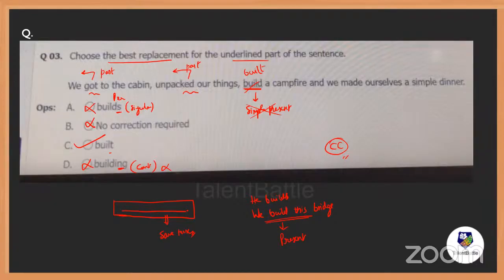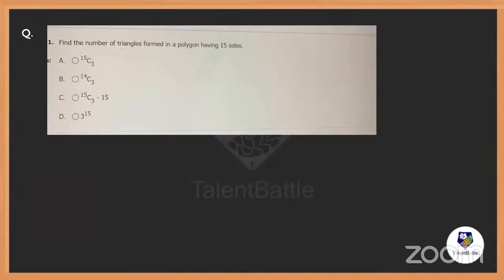This question? Yeah, that is nice. Now do one thing, take a screenshot, we'll move on to the next one. 5, 4, 3, 2, 1. We'll move on to the next one, everybody. Try to answer this, people.